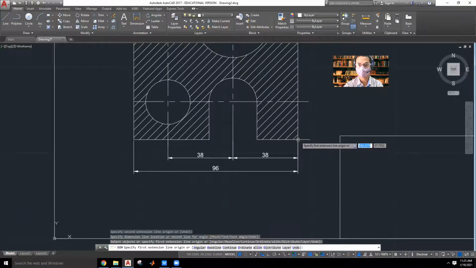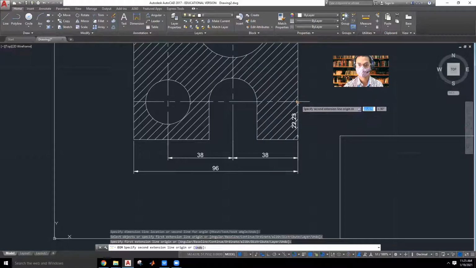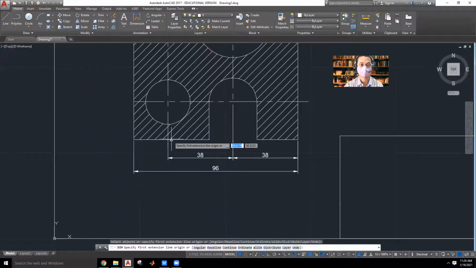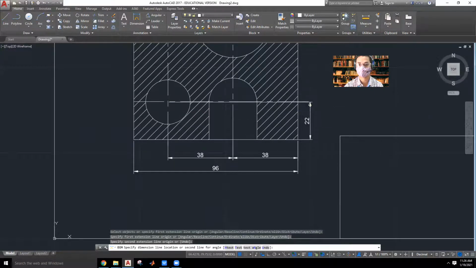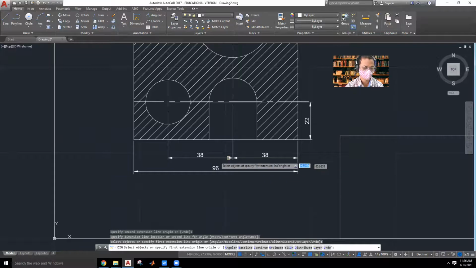Again from this point to this point, oh, there's something wrong. 22, the line was wrong but the height is correct. So this is 22.